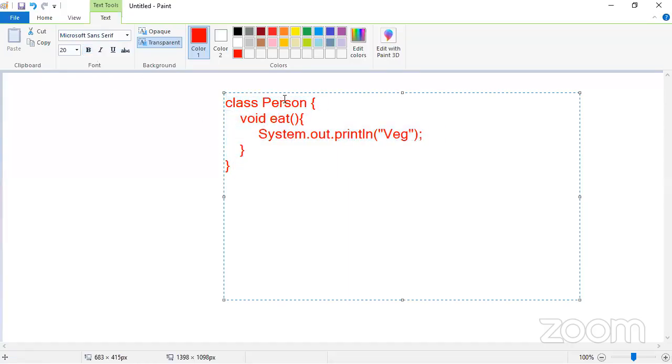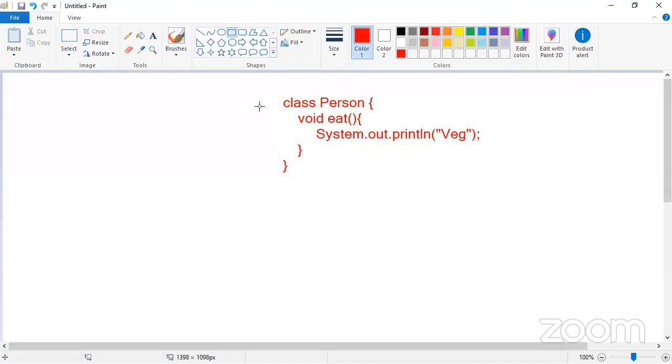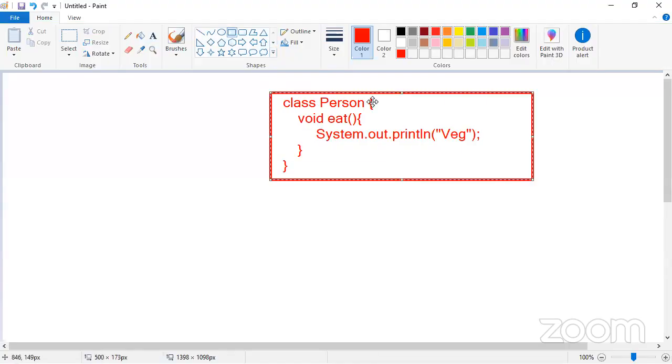Class Person, void eat, System.out.println veg. This is the method available, the default functionality. God has sent you on this planet to eat veg because you are not a